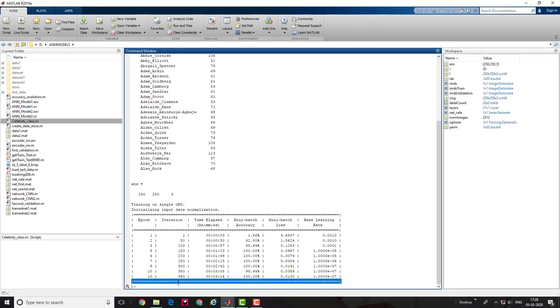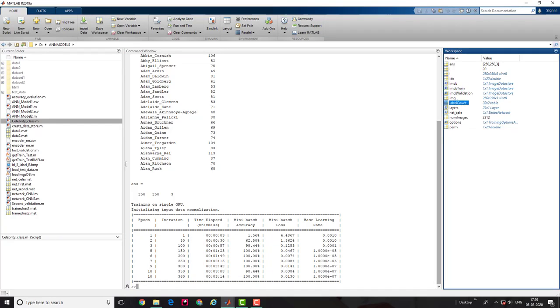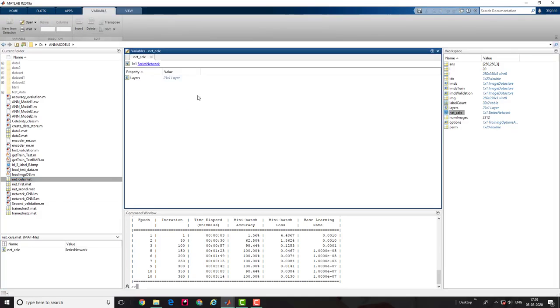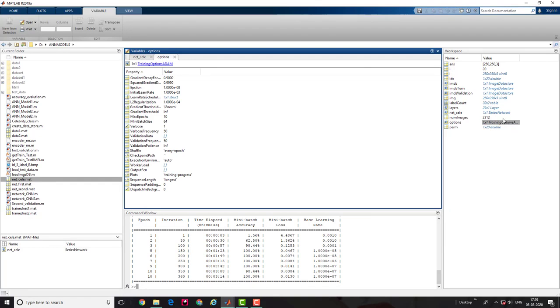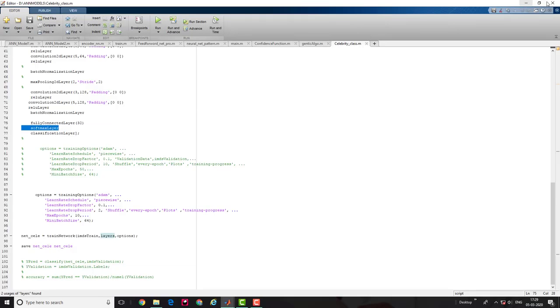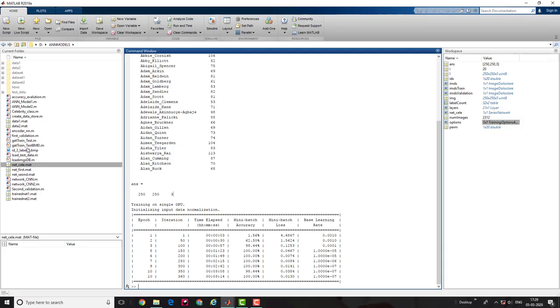My training is completed and my weights are saved. That's my weight, the net celebrity series network. You can also visualize the network layers and the training options. You can see other parameters also. So let's move forward and validate the model in real time.